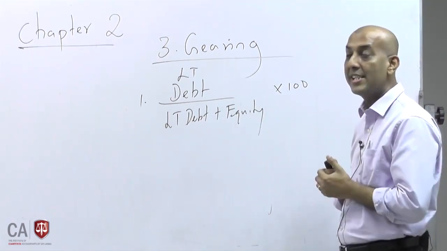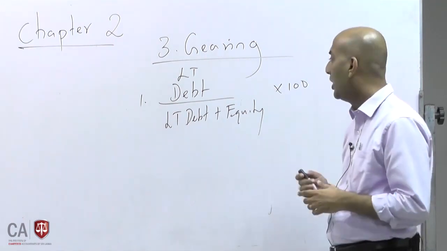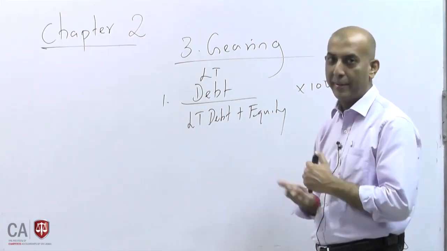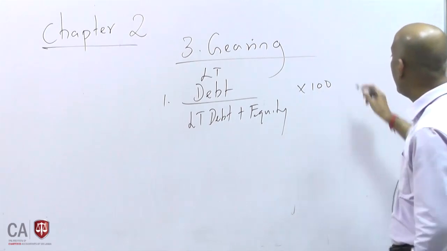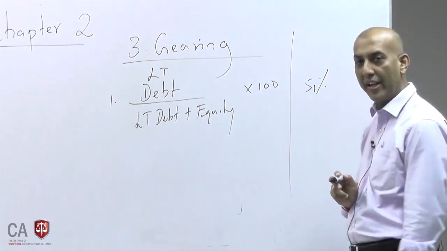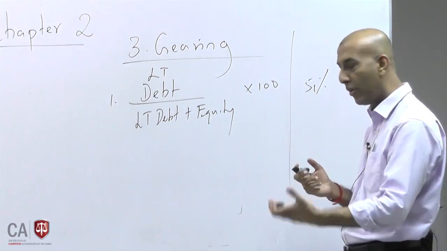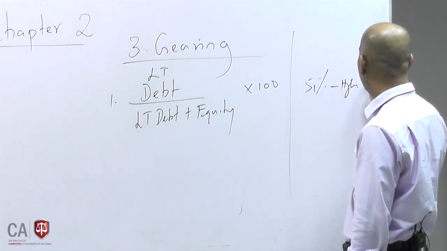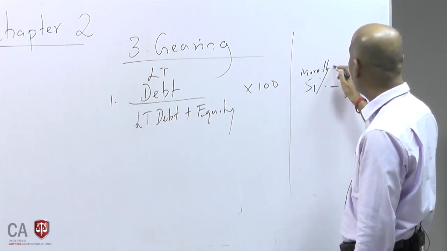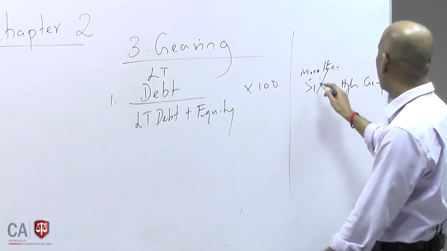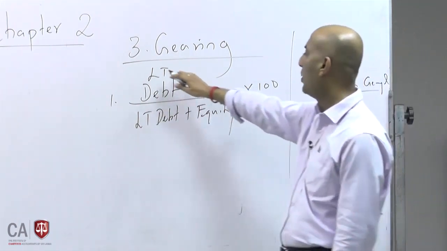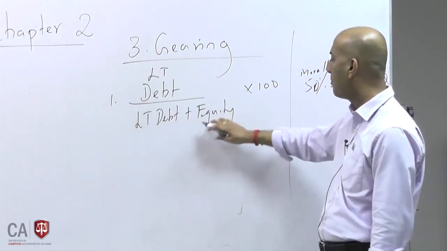So this basically tells how much of your assets have been financed by debt capital compared to total capital. So are you depending on debt or less dependent on debt? If you have 51% of debt financing out of total capital of your company, you are a high geared company. If it is more than 50, you can say it's a high geared company, less than 50, it's a low geared company.